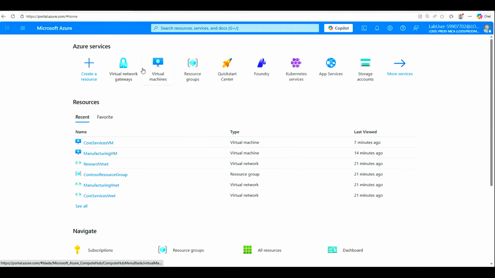Manufacturing VNet. Under the settings, select the subnets and then click subnet. So we're going to create a separate subnet for this one, because here we give the subnet purpose like virtual network gateway, it will automatically get that gateway subnet, and then